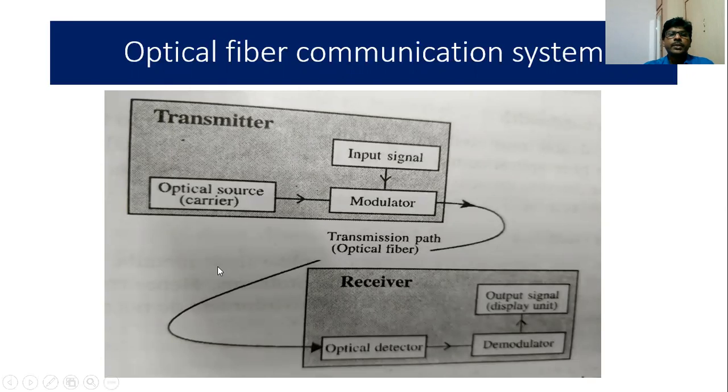So this is the picture of an optical fiber communication system. You will see the transmitter has got an input signal which has to be carried from one end to the other end. To carry it, we have got an optical source also called as a carrier. They are modulated. Then the optical fiber carries the signal to the receiver. At the receiver, what happens? Optical detector is present. Then there's a demodulation of the carrier wave and the input signal, and what we get is the output signals. So we have the transmitter, the receiver, and the optical fiber cable connecting them.